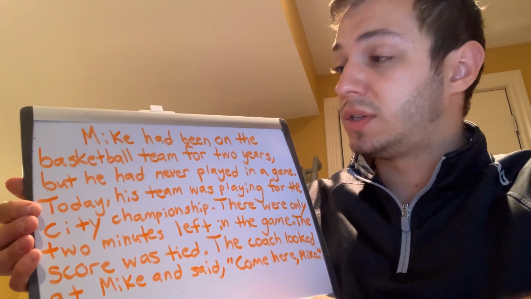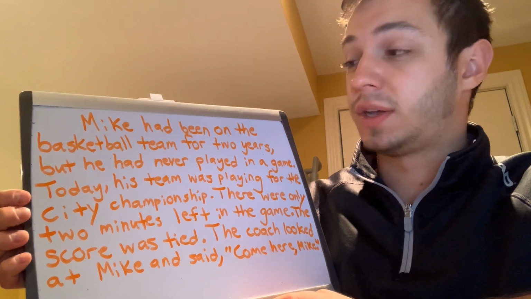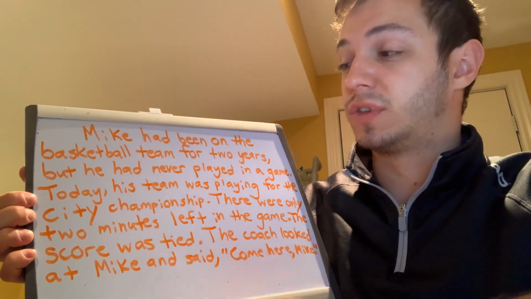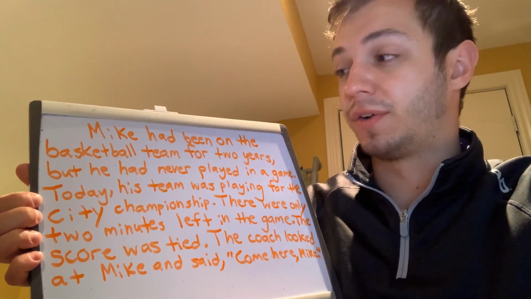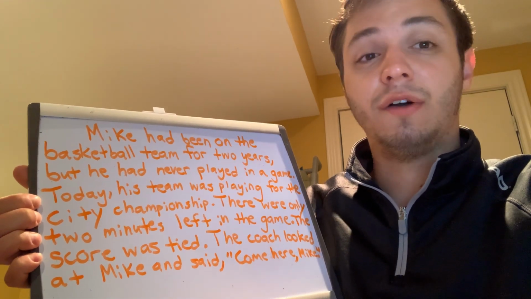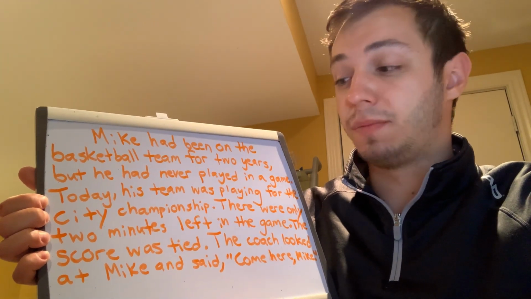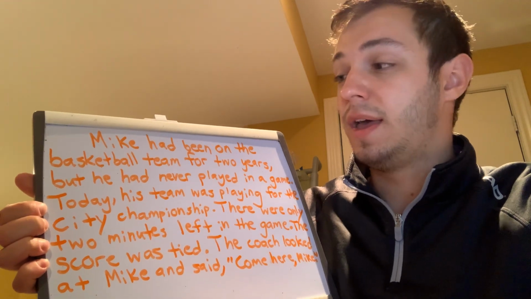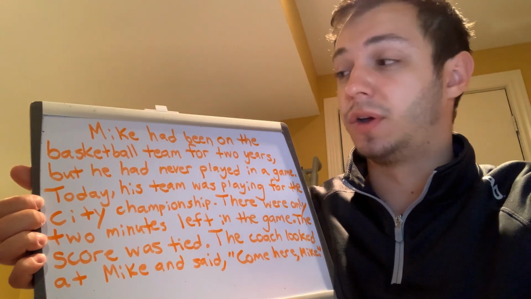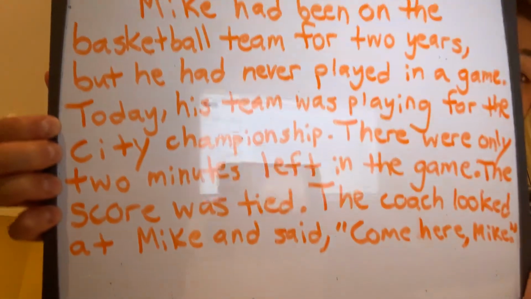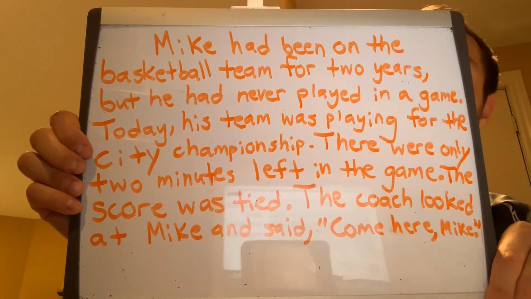So what I want you guys to do now is using those key vocabulary words and using your 4 checks is to finish off the rest of the story. So remember, we need to have at least 5 paragraphs. So you're going to have to write 4 more. So you can make up what Mike said, you can make up what the coach said, and make up the ending of your story. If you have any questions, please let me know. So once again, I'll show you what the first part of your story will be, and then just finish off the rest of the story.